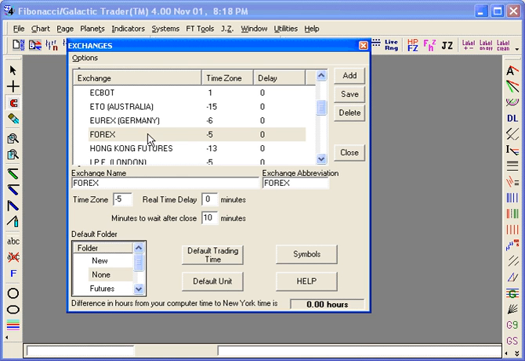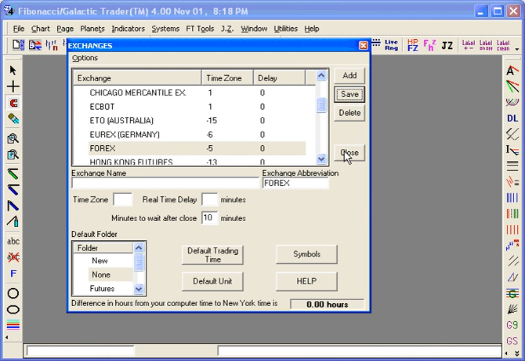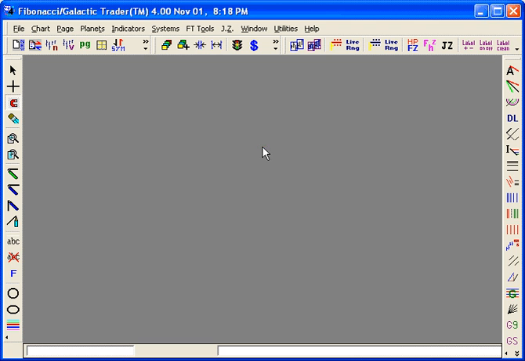Again, if you already have Forex there, you don't need to do that. Everything will be there already. All this is just for if you didn't have a Forex exchange in your file yet. If you don't have one, you create one, and I forgot to type this abbreviation here, and that's why the program complained there. Then I'm going to save here, I'm going to close, and when I press F5 again